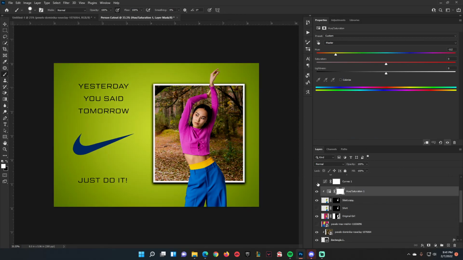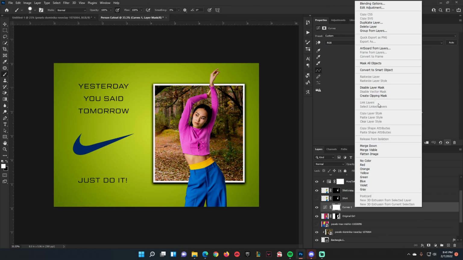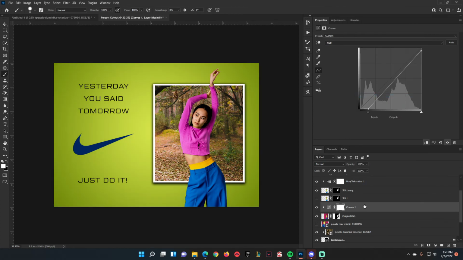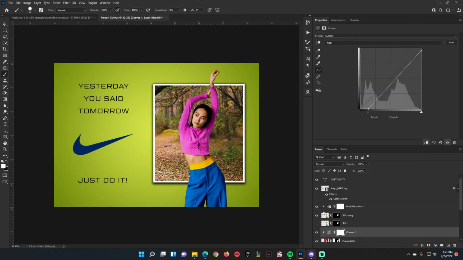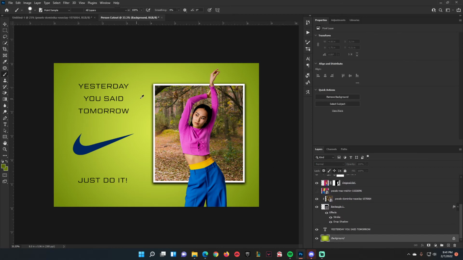This guy right here is also applied to everything, and we only want to apply him to the girl. So we can right click and create clipping mask. Now it's only applied to the girl. The t-shirt is only applied there. This one's only applied to the girl herself. If you want to try to do that, you can go ahead and try to do that for the pants and everything else. But now, if we wanted to, we can go in here, grab our eyedropper, make that pink,